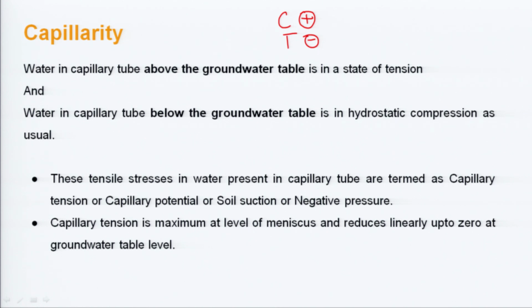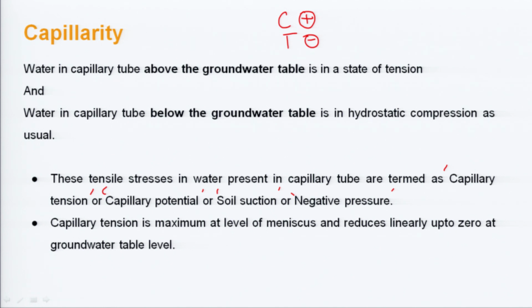These tensile stresses in water present in the capillary tube are given different names, that is the capillary tension or the capillary potential or the soil suction or the negative pressure. These are the 4 terms. Capillary potential, because how much potential the capillary has to lift up the water, or how much suction force the soil has, or how much is the negative pressure that has been generated by these tensile stresses or